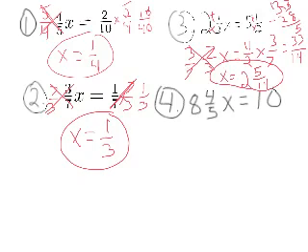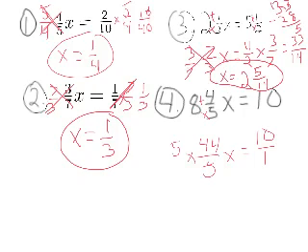So I'm going to take 8 times 5 and then plus 4. So that's 44/5 x equals, now I don't really have to worry about the 10 other than I'm going to turn the 10 into a fraction. So I'm going to put it as 10/1 times the reciprocal, 5 on top, 44 on bottom. Those cross off, that crosses off, x drops down by itself, times reciprocal on this side, 5/44, which gives me